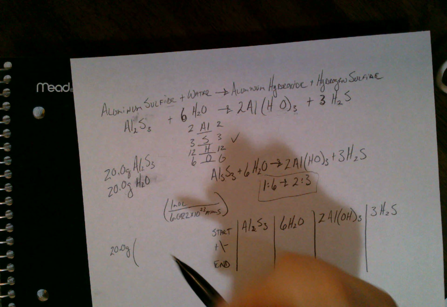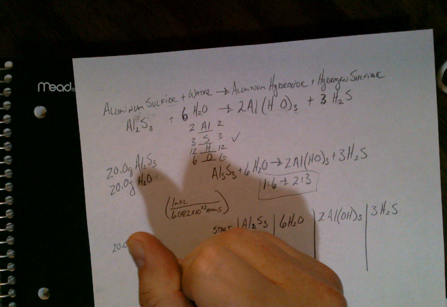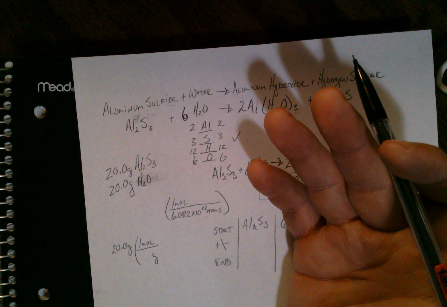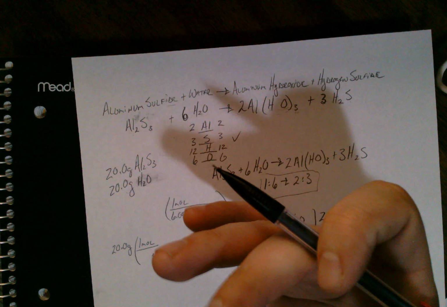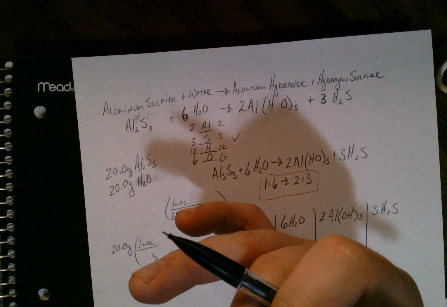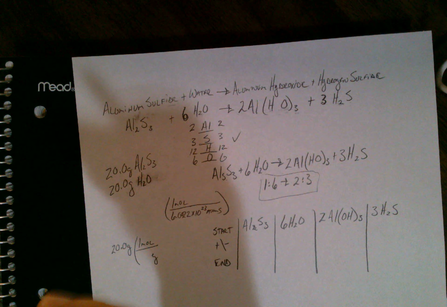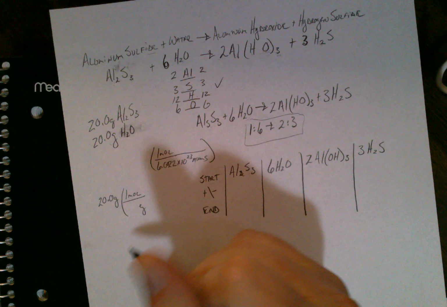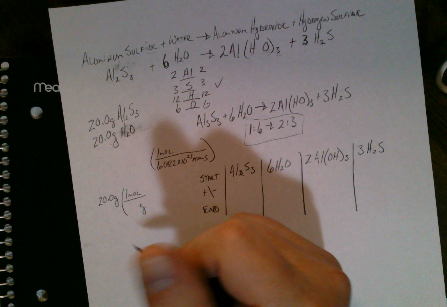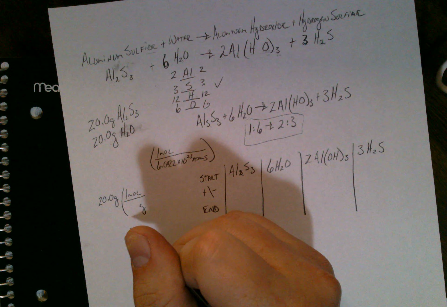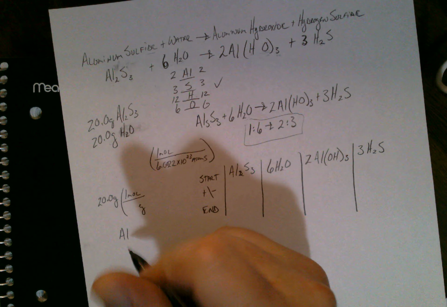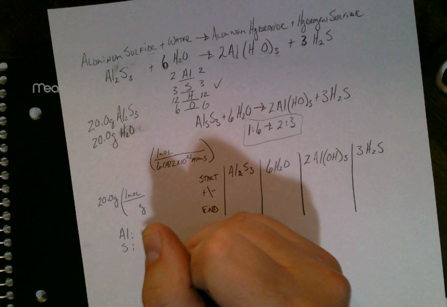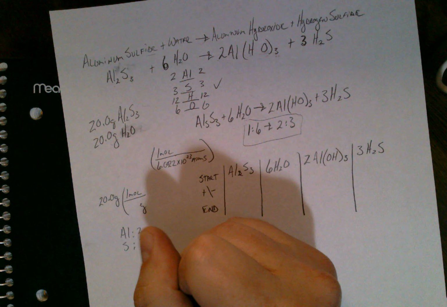Now, we know we want a mole and we want to get rid of our grams. But how many atoms are in this? So, like, how do we figure that out? Well, it's actually pretty easy. What you would do at this point is you take the different elements that you have in here, aluminum and sulfur, and you're going to take the little suffixes, and you've got 2 aluminum, 3 sulfur, and you're going to multiply that by